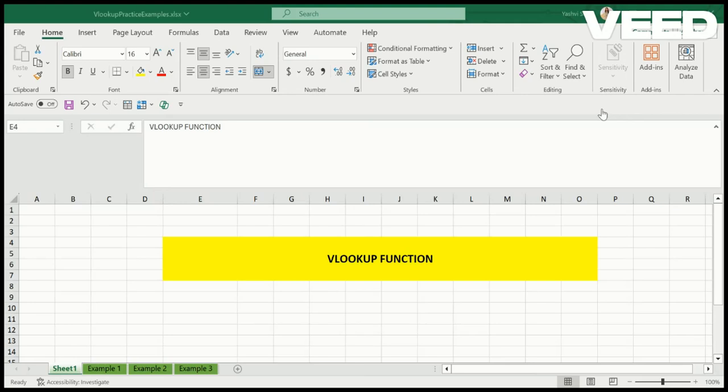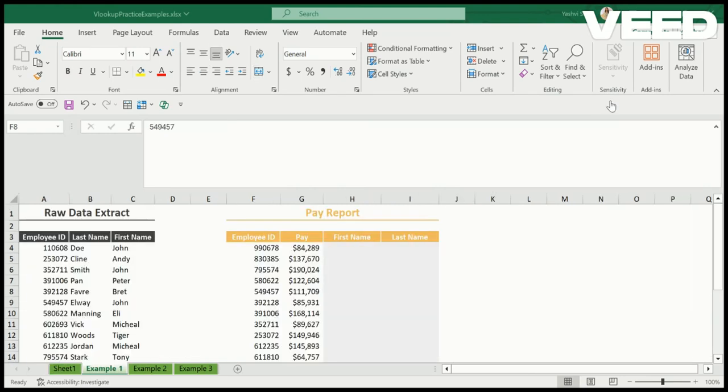In today's video, I'm going to talk about a very important Excel function, which is the VLOOKUP function. As the name suggests, it is a function with the help of which we can look up some values. VLOOKUP basically means how to look up a value vertically. So let's check it out: how to give a first name and last name to the employee IDs given.